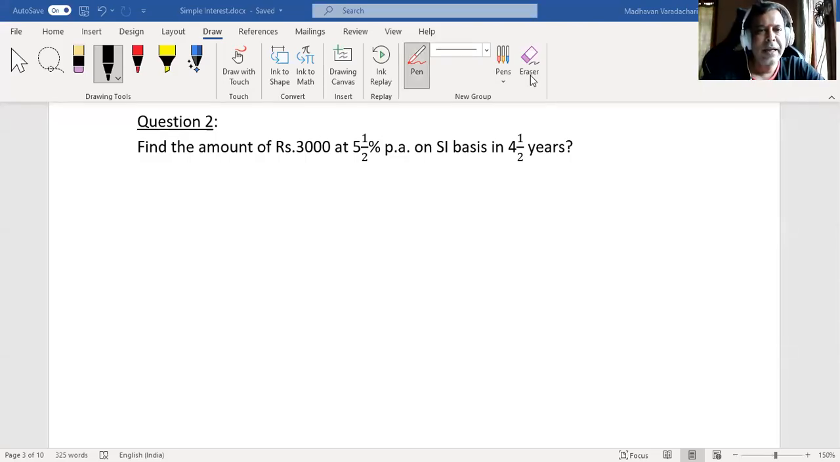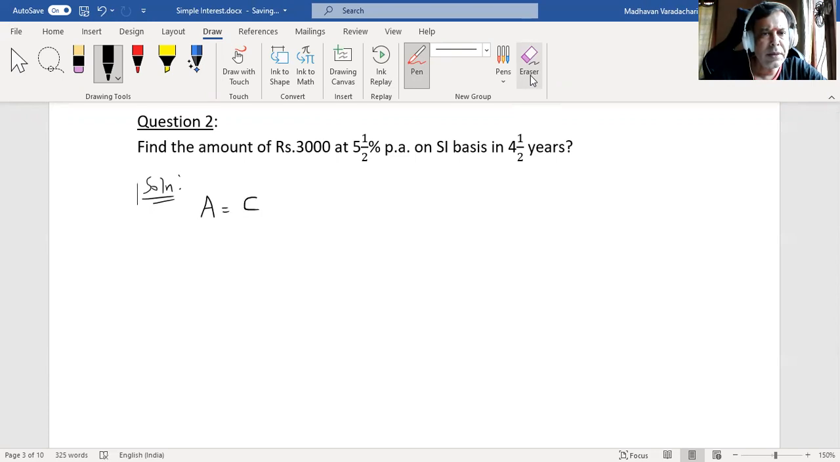This is our second question on simple interest. The question is: find the amount of rupees 3,000 at 5.5% per annum on simple interest basis in 4.5 years. So we are supposed to find the final amount,